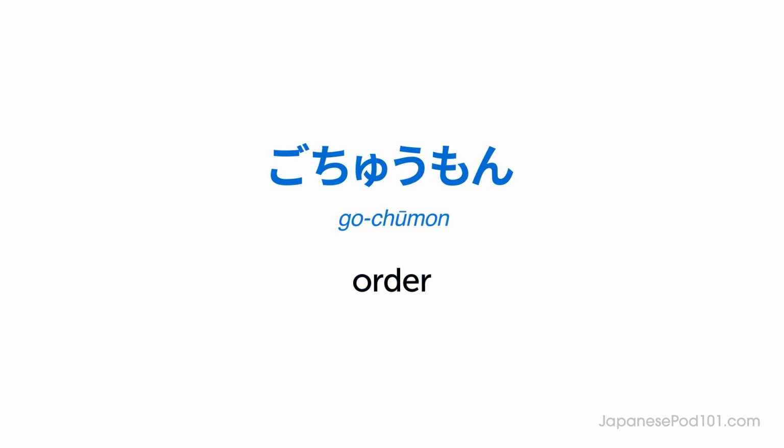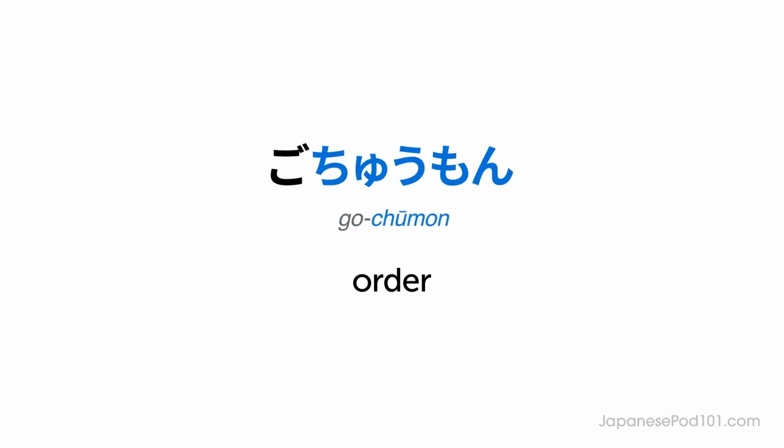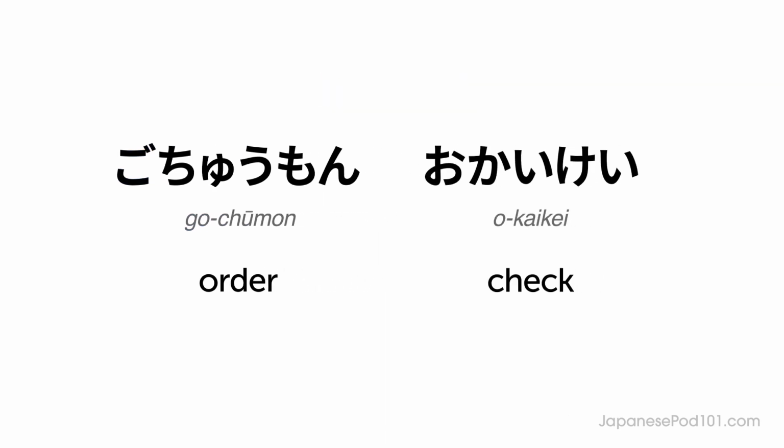ご注文、There are two parts to this. Let's start with 注文、order. Before 注文、is the honorific prefix ご、The server uses this to show the customer more respect and increase the politeness level. Note, you may be familiar with another honorific prefix, お、as in